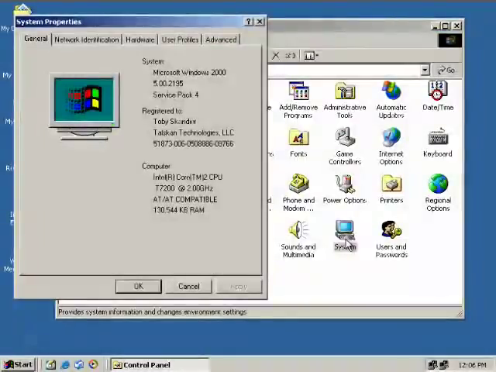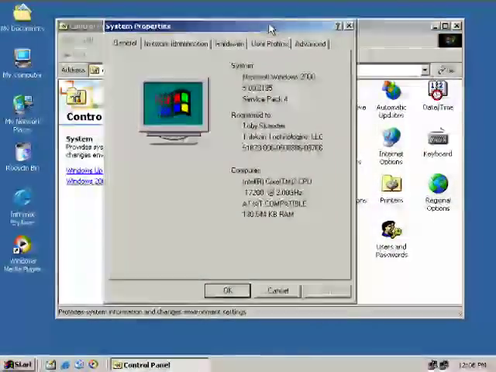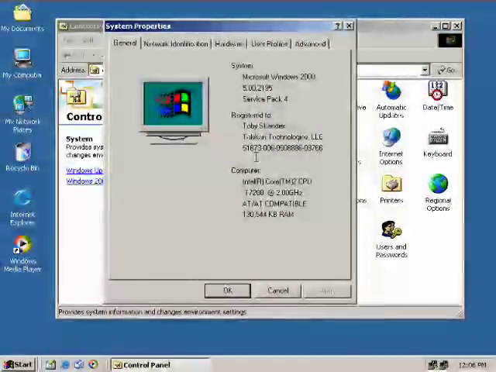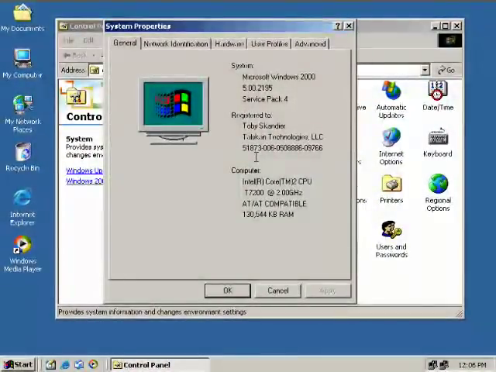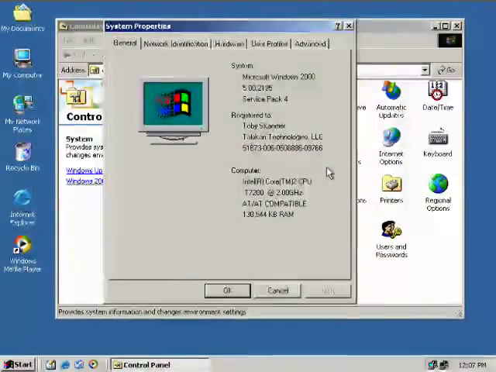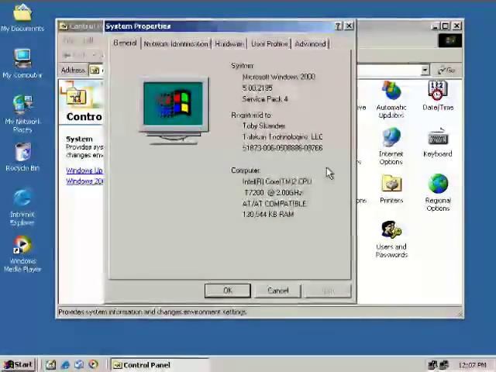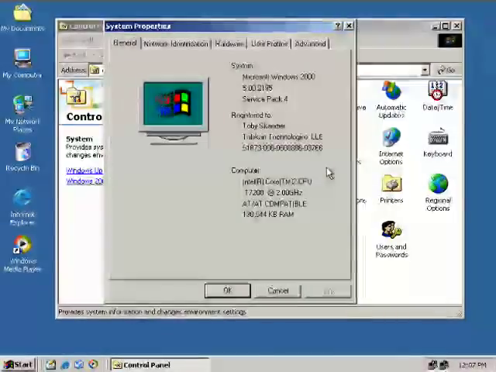Let's take a peek at the System Properties and just make sure that we get the gist of the tabs that we find in there and any of the utilities that can be run from within. The General tab gives you information about your system. It doesn't really give you the opportunity to change any of this information, but it does give you a quick resource for information that you might otherwise need to go into the registry to find, or not be able to